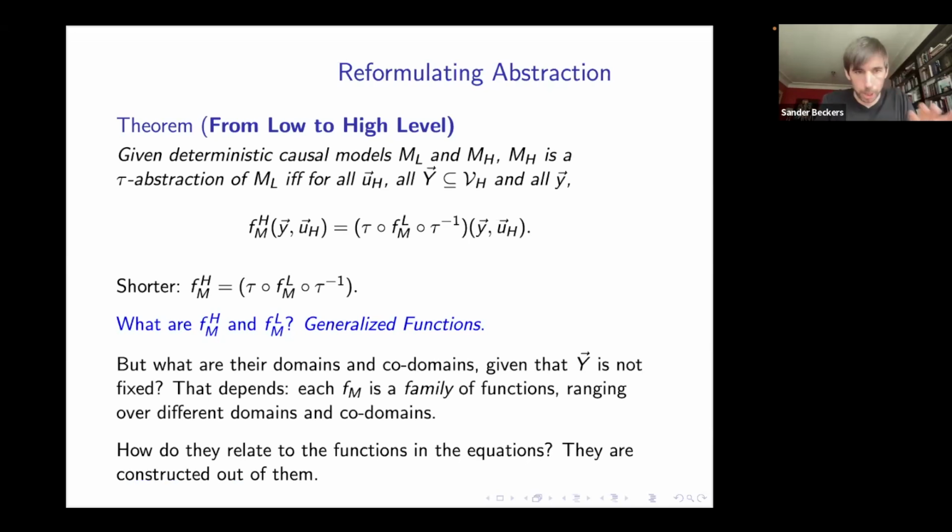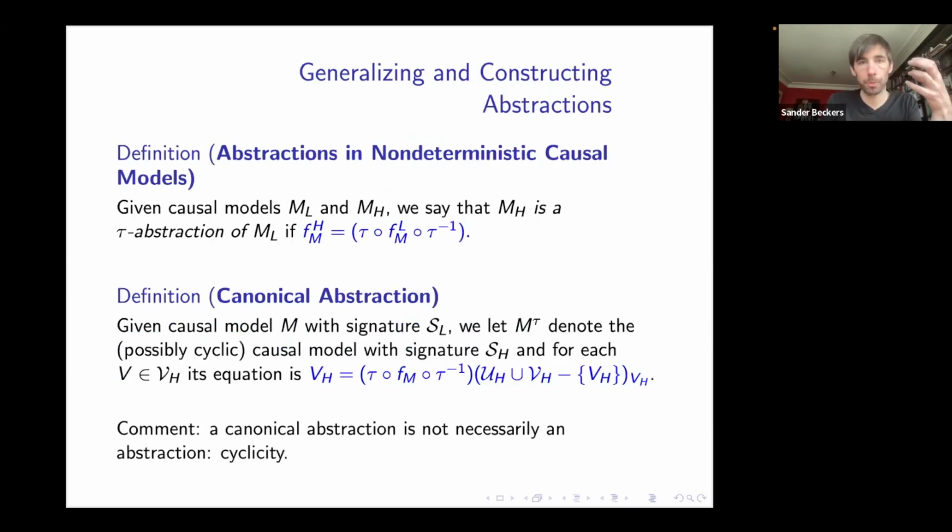And if I've made that precise, which I'll do later, then we have this equivalent description of abstraction for deterministic causal models, the causal model that I've introduced. But then we can take that result and use that as our definition for abstractions in the non-deterministic case as well, which is going to be a generalization. Right? So one crucial aspect is I will be generalizing causal models to non-deterministic causal models. And we can take the result as a definition.